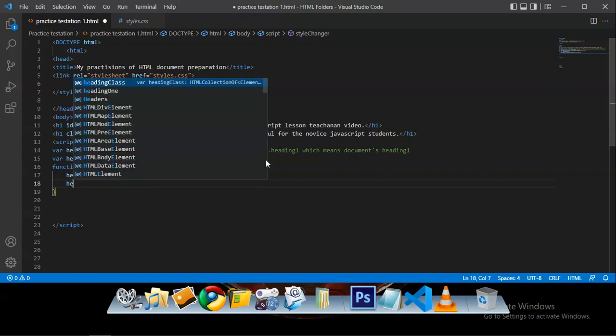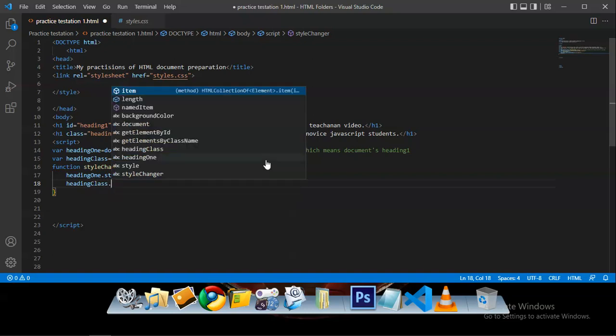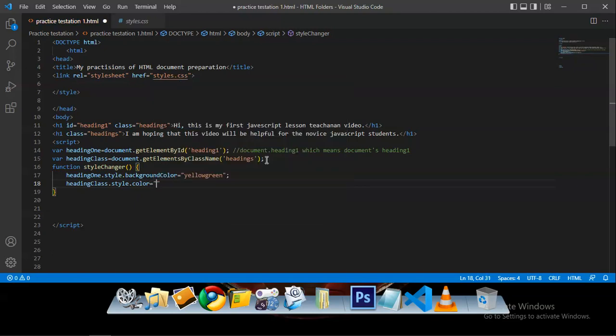The heading class variable contains these two elements inside it. So I just want the font color of the text as tomato,